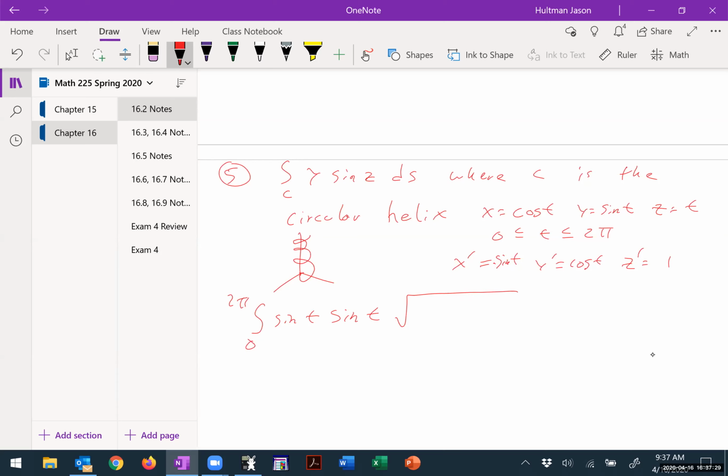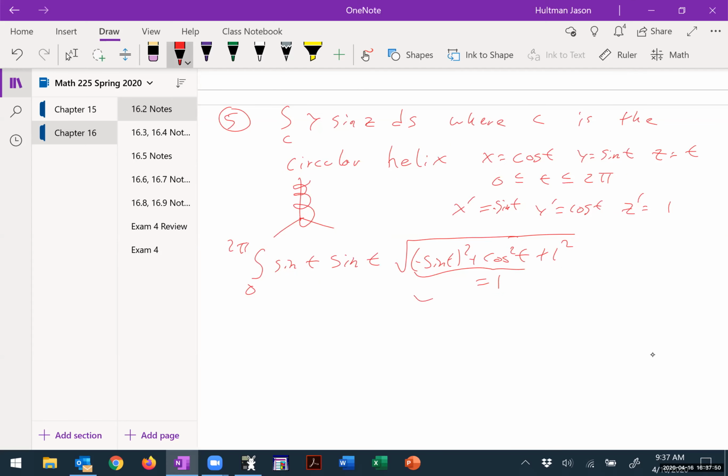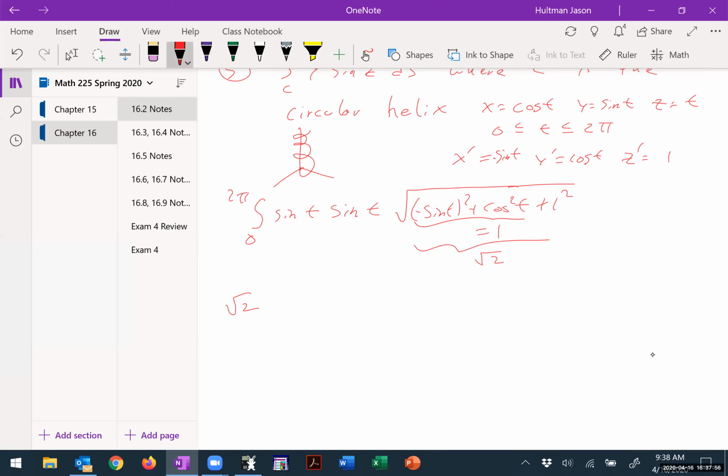Well, it's just the square root of negative sine t squared plus cosine squared t plus 1 squared. This thing becomes 1, 1 plus 1 is 2, and so this whole thing goes to radical 2. I'll pull that radical 2 out in front. I get the integral from 0 to 2 pi of sine squared t